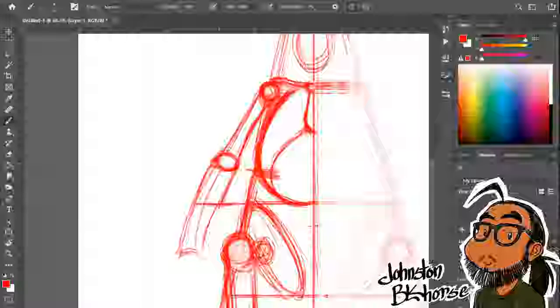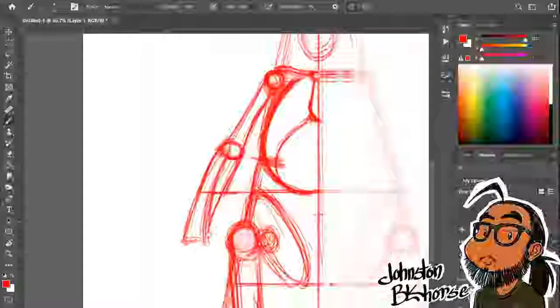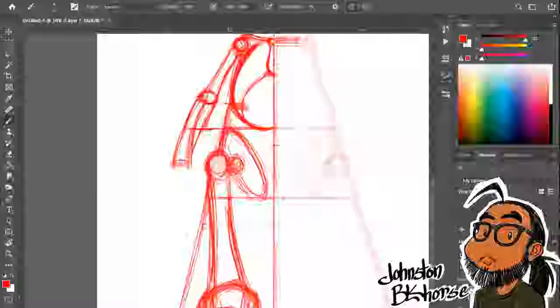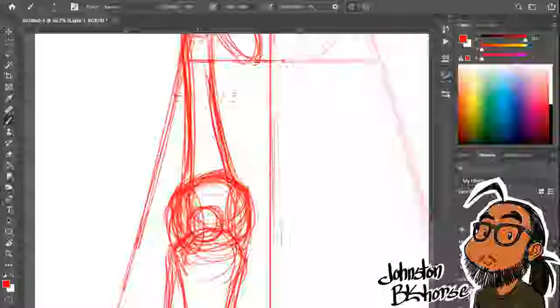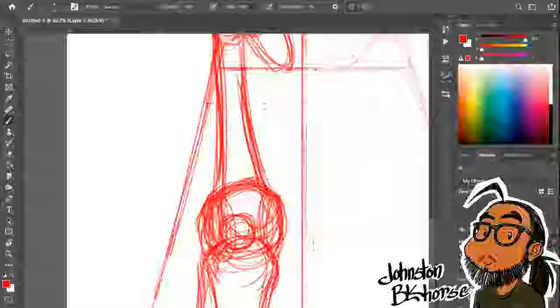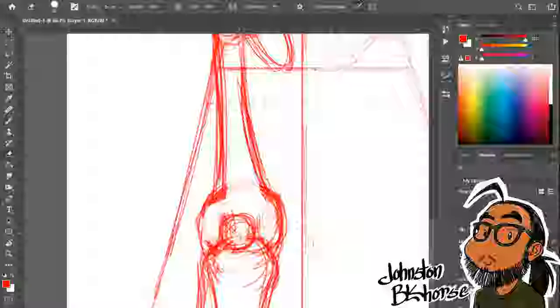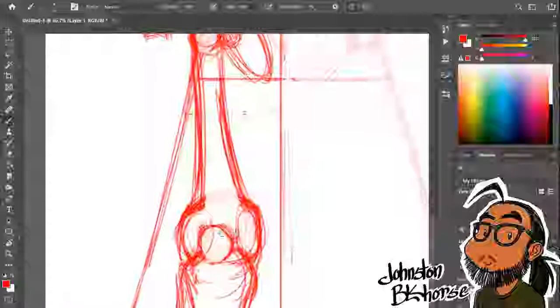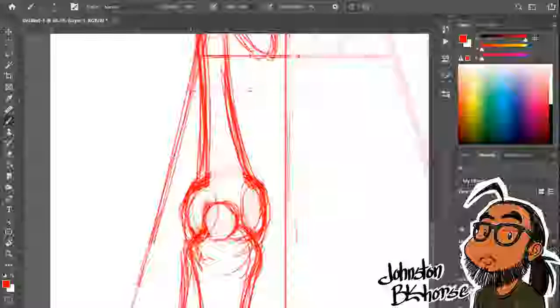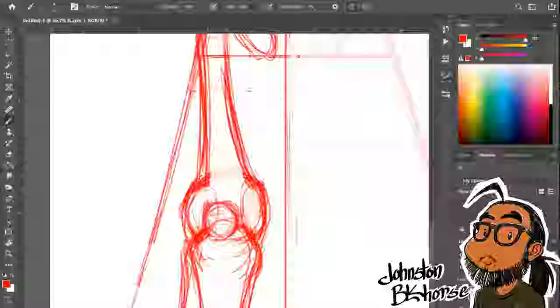And as far as how these bones connect, I don't want to get into it because I didn't really study how a lot of the bones connect except for the knee joint, because one of the hardest things to draw, especially for me, is the knees. So I did a bit of study on how the bones around the knee area connect. You have a kind of a spool shape here at the end of the femur, and then you have the tibia, which pretty much directly connects to the femur, and then you have the kneecap in between those two, and then